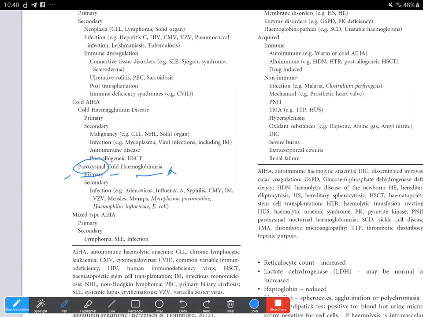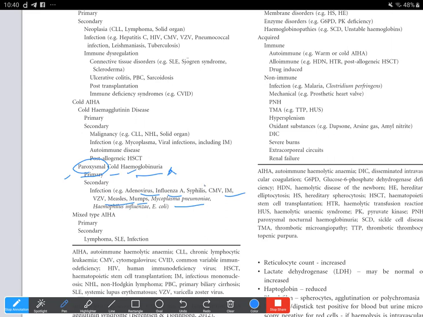This occurs in children, and mostly it occurs secondary to upper respiratory tract infections like influenza, adenovirus, infectious mononucleosis, and even mumps and measles. So most of the infections of the upper respiratory tract, or also abdominal infections, can be there, and in some adults it is also due to syphilis.